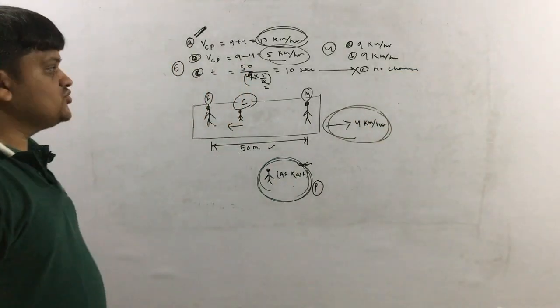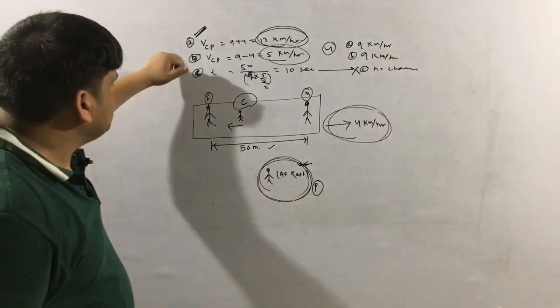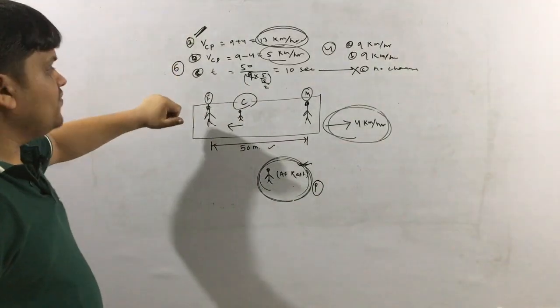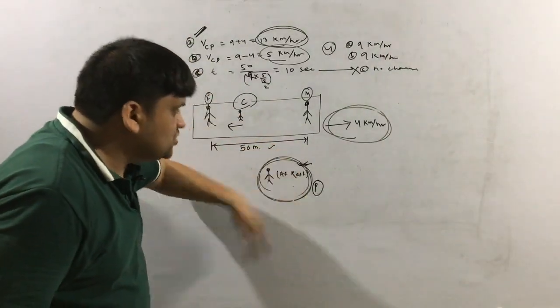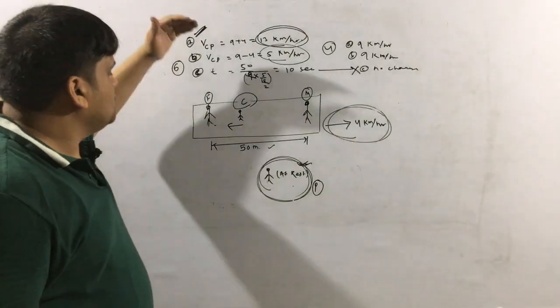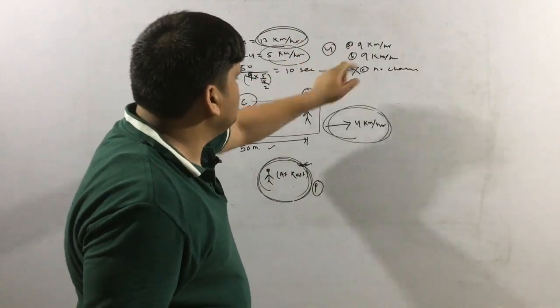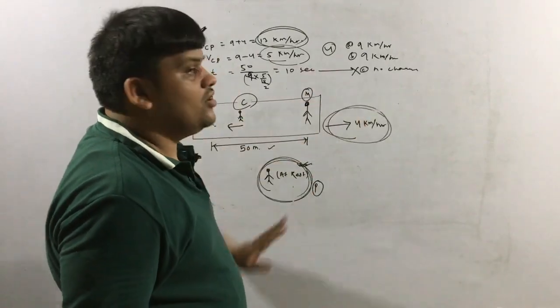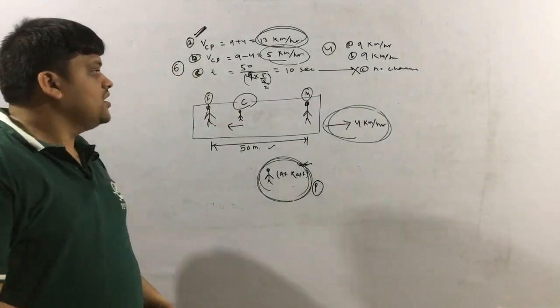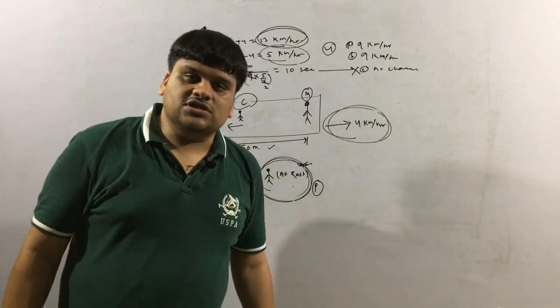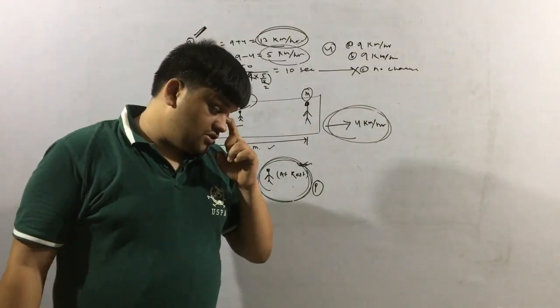Okay, so the last question was actually which of the answers will change if not the outside person but the parents are watching the child. So A will change, B will change, but the time will not change; time will remain constant at 10 seconds. Is it clear to everyone? Now let us come to the next question.